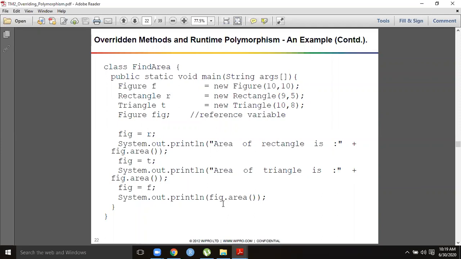What is polymorphism? Being able to have multiple forms. The methods are all the same, but they exhibit different behaviors, whether statically, at compile time, or at runtime. This is the most important concept as far as interviews are concerned. If anyone asks you how runtime polymorphism is exhibited in Java, the simple answer is dynamic method dispatch. Using abstraction and interfaces also we can implement this, but the first answer should be dynamic method dispatch. A very important concept, a star concept.